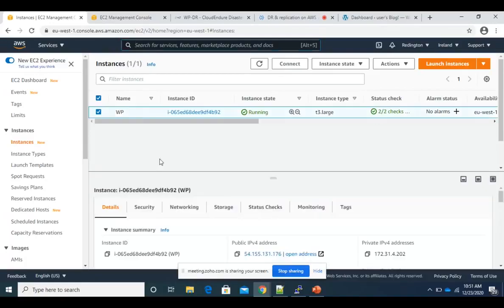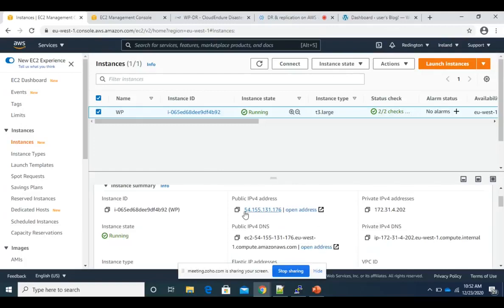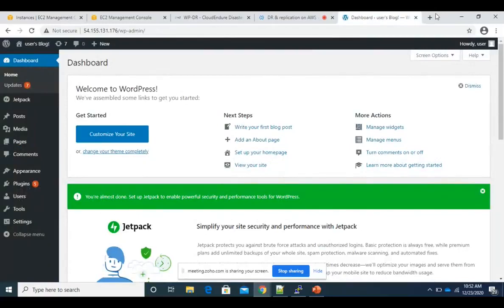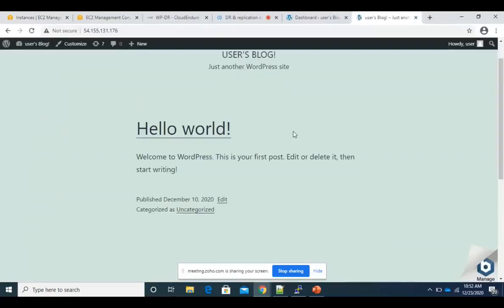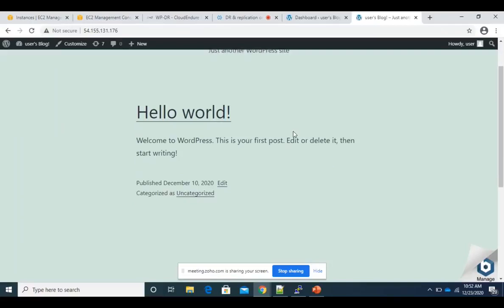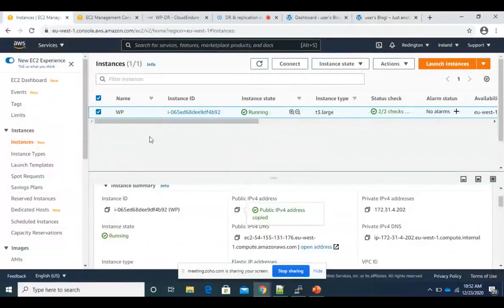So if you see this application, it's a very simple website. I'll copy the address and paste it here. See, very simple website, nothing fancy, right?